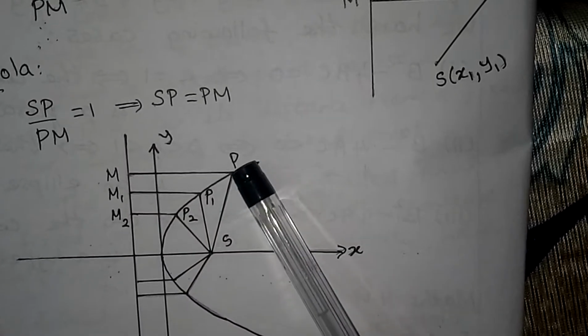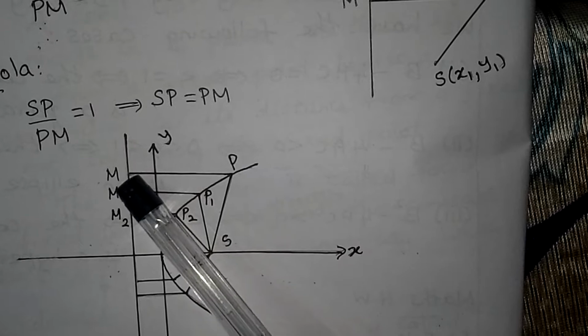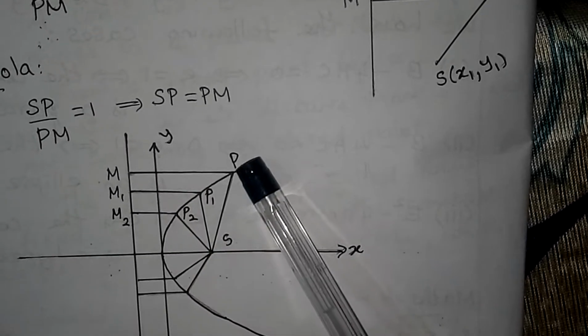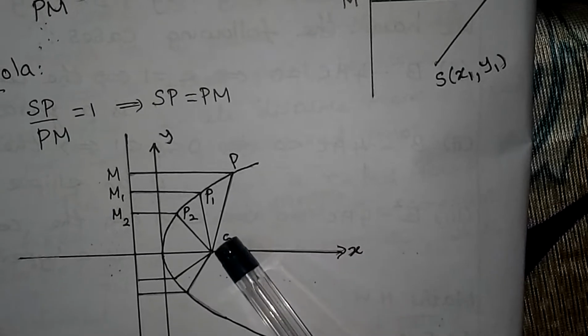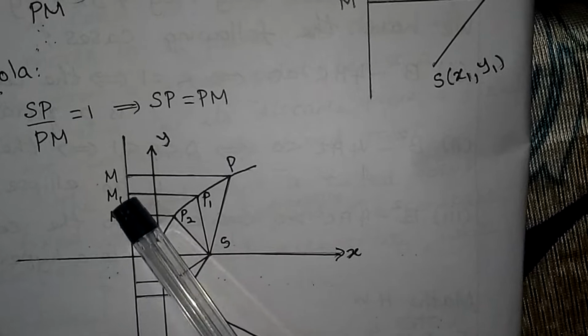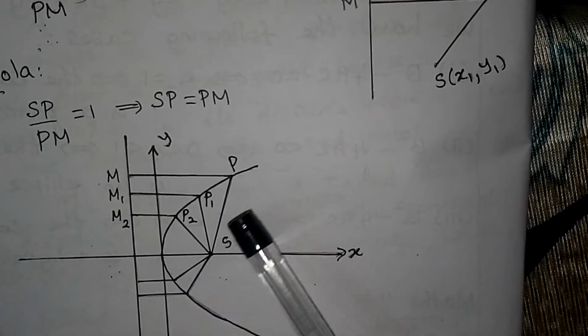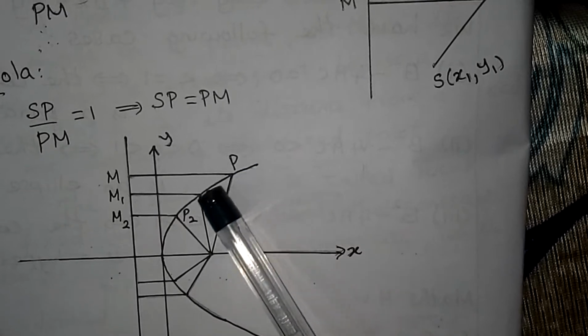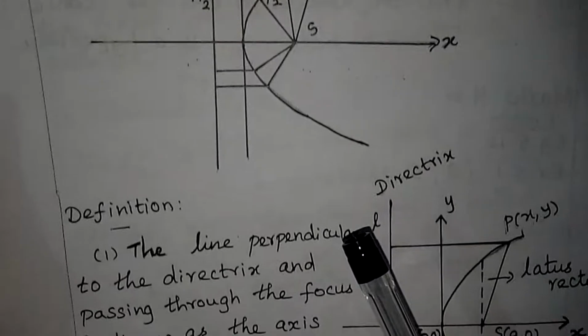So we have to take this point P in such a way that the distance SP and PM should always be equal. First I take one point here, then I move this point, and take P1. Here also, S to this point will be equal to P to this point. Like that we can find many points, isn't it? After finding many points, you have to draw a curve passing through all the points. And the shape we get here is a parabola.